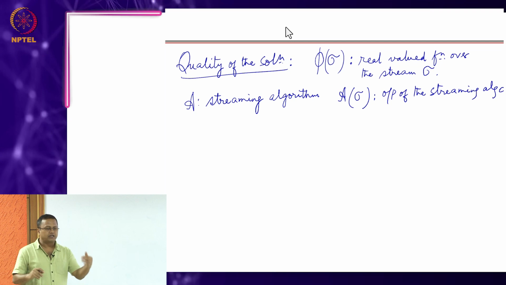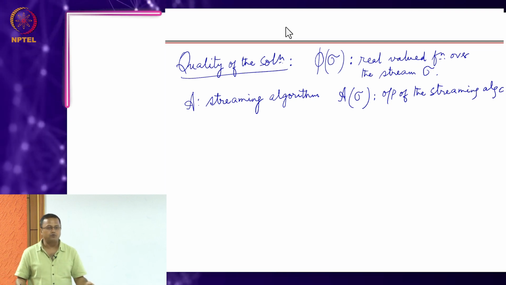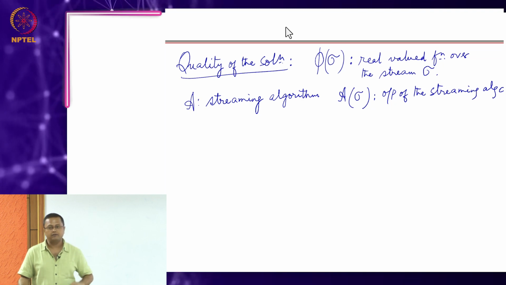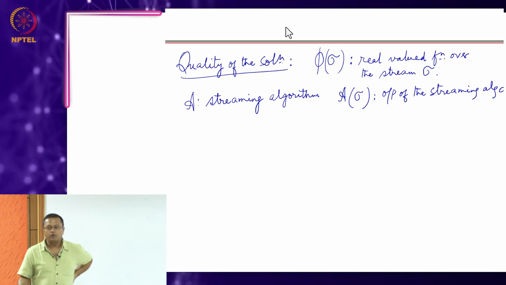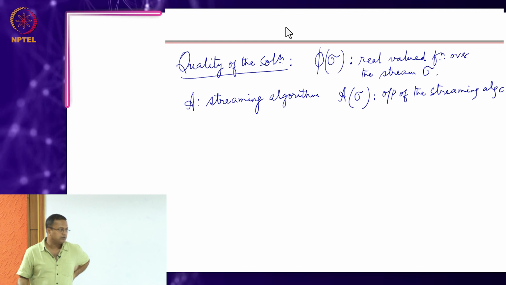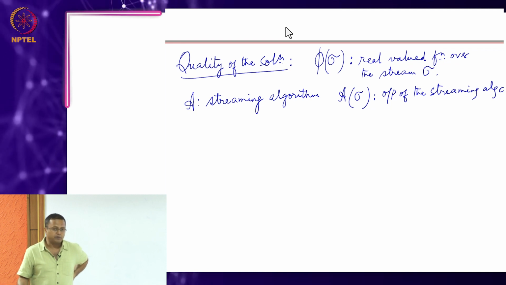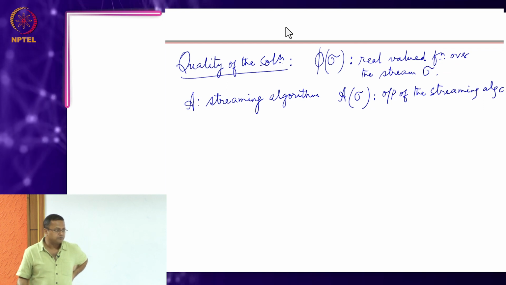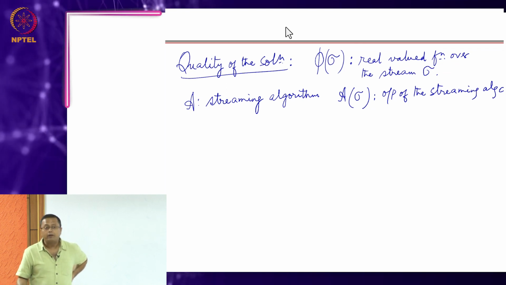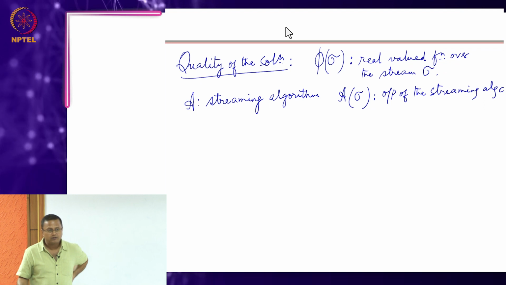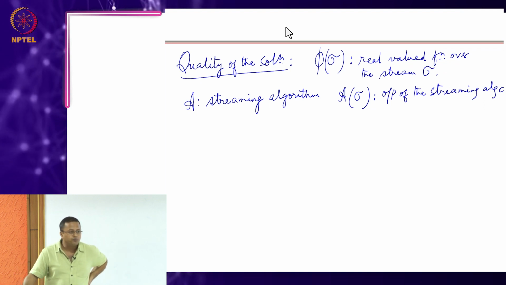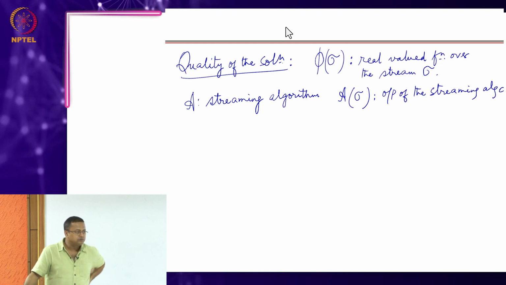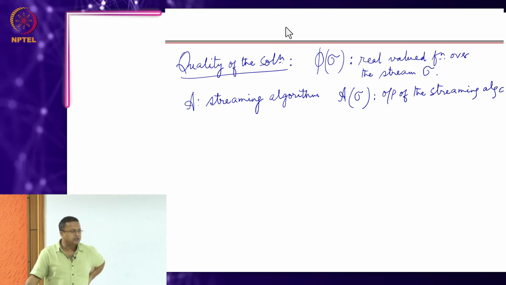Now, for many of the cases this streaming algorithm would not be able to solve the problem exactly, it will only solve it approximately. So, we will look into this distinct elements problem and give you an approximate solution. Now, what is a good approximate solution? Your output A sigma should be as close as possible to this phi sigma,